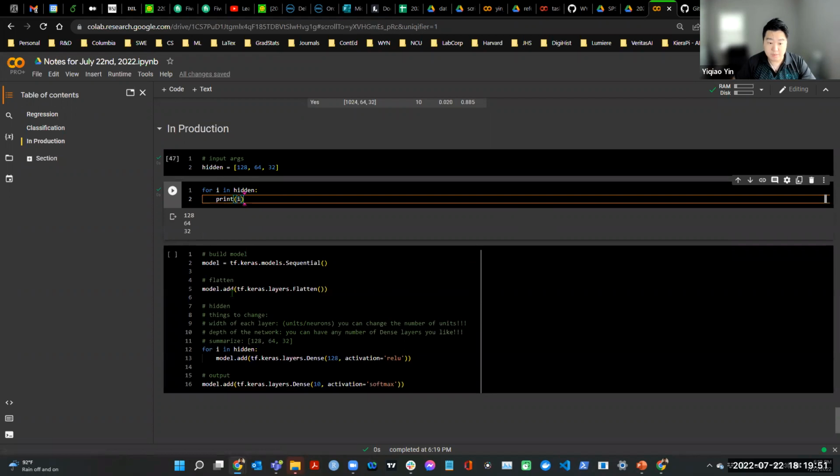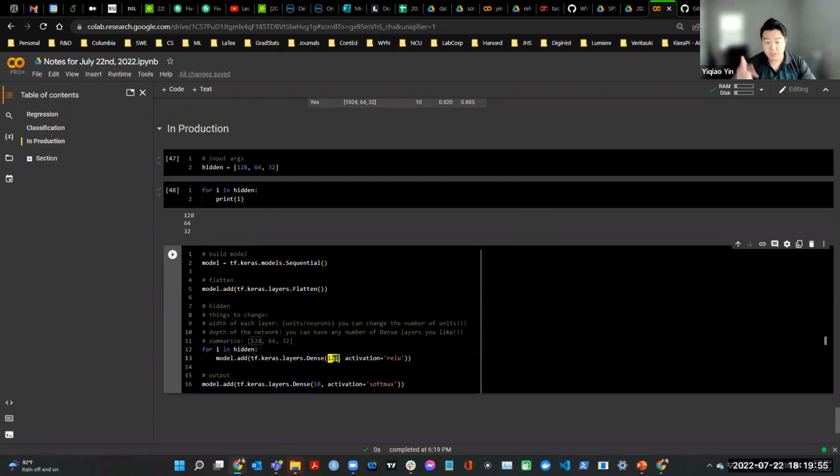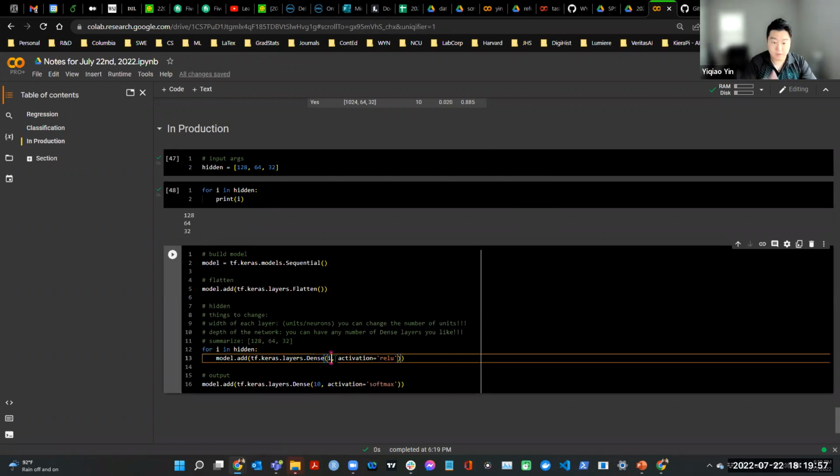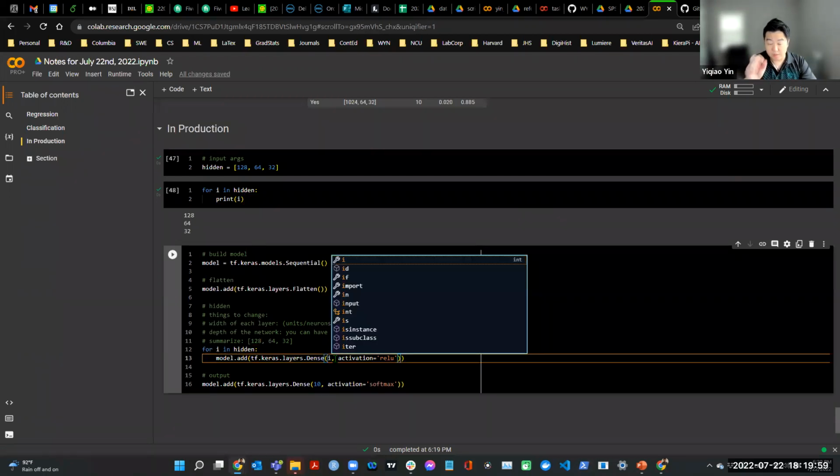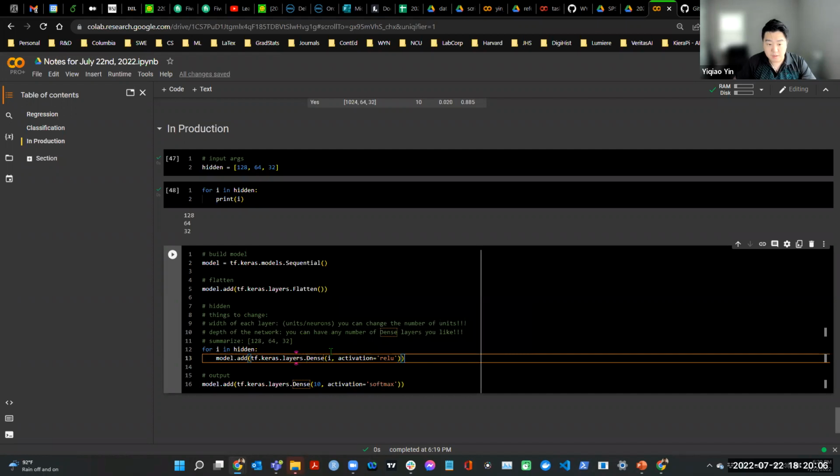So we're gonna write this, but in here, in the model. So this 128, we're gonna change that to i, where the i is a different number every time the for loop continues, right? So that's something we can change. And in addition, I can probably give the name, right? You can say name is